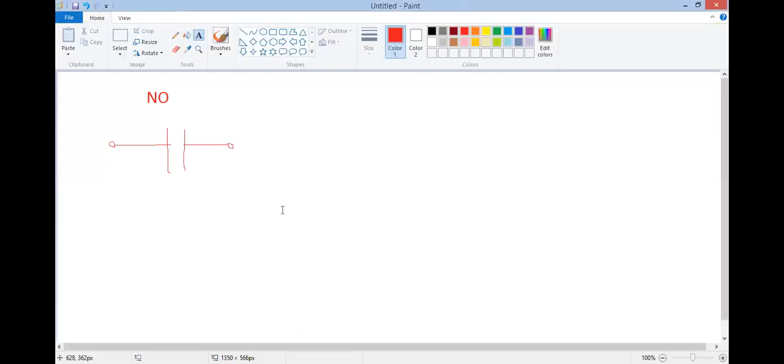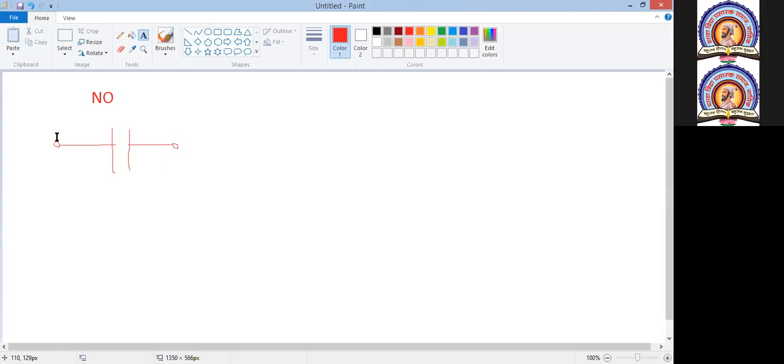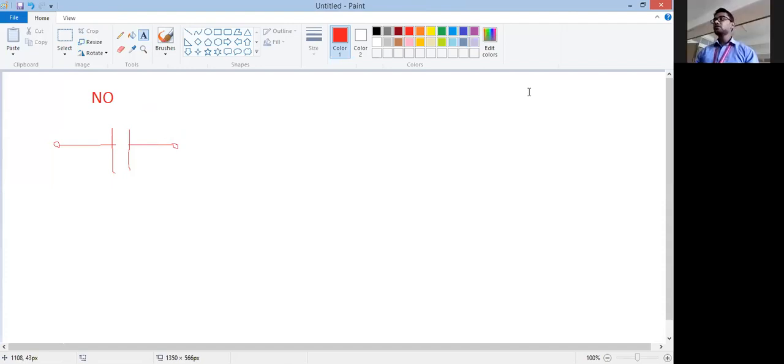Okay. So this is the left side of the NO connection, and this is the right side of the NO connection. Correct. So it is very simple: when you give logic 1 to this NO contact, then it becomes FC, functionally closed. Then current flows from left to right. Listen carefully, left to right.